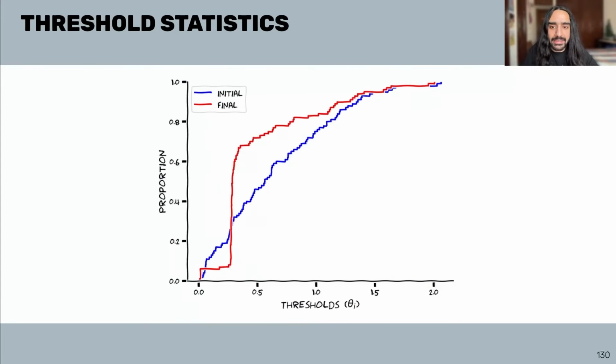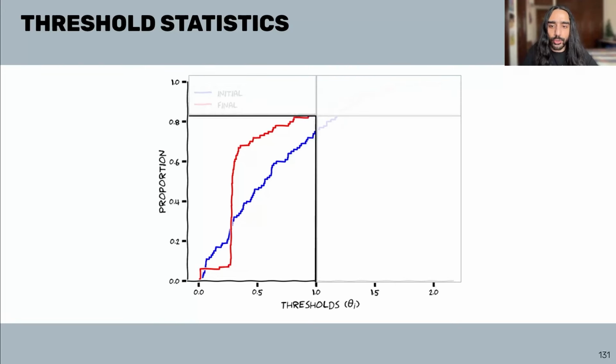Here, the x-axis represents the threshold values, and the y-axis represents the proportion of thresholds below the corresponding value. We look at the red line, which is the final cumulative distribution of the thresholds. Specifically looking between 0 to 1, we see that around 80% of the thresholds are being dedicated for the values